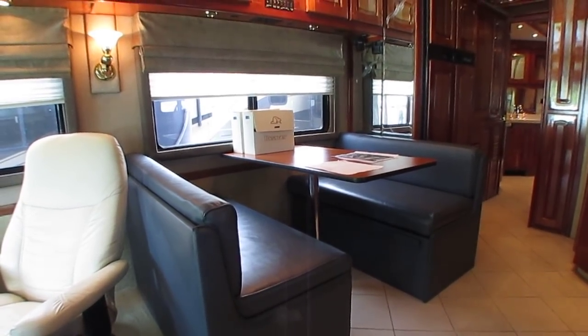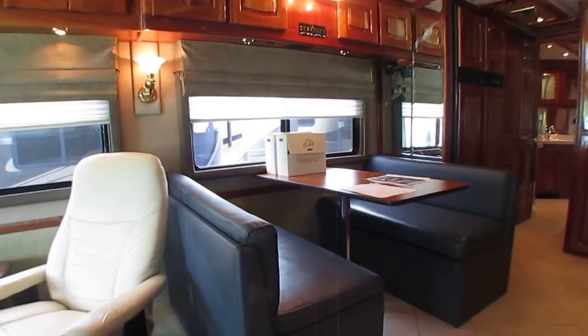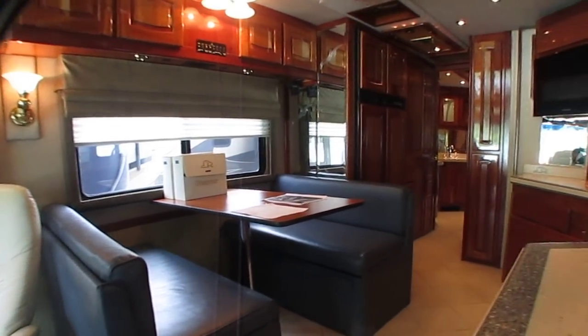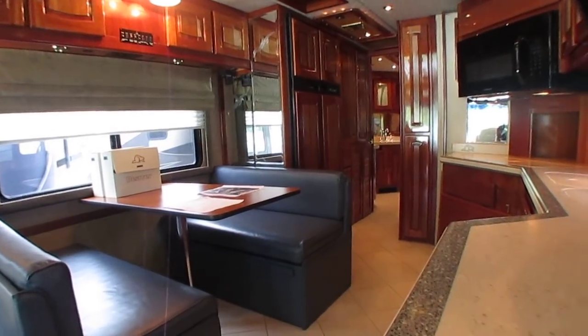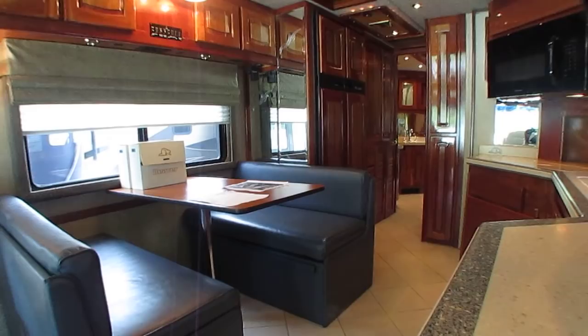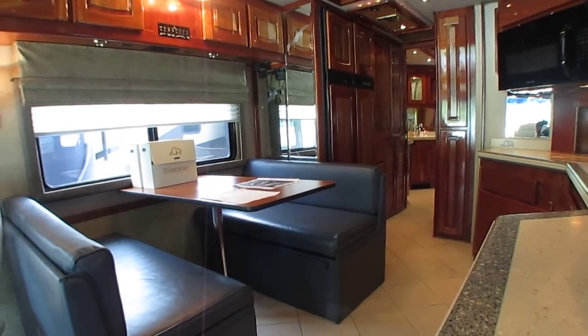Option A also includes 21 nights of free camping, up to 7 nights at a time at select RV resorts nationwide. $1,000 of free camping minimum. Thank you again, folks. Nationwide delivery is available. Check it out. Please call before coming to make sure it's available. Look forward to seeing you in beautiful